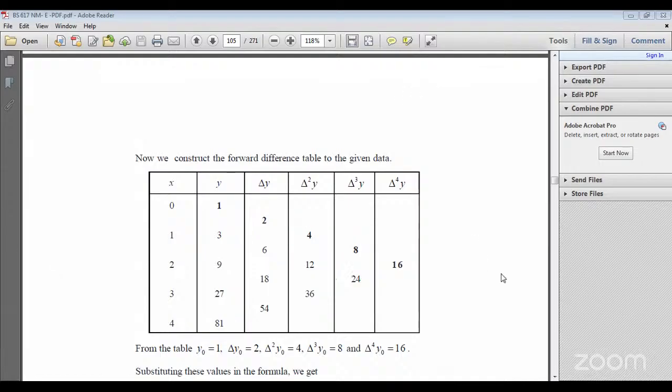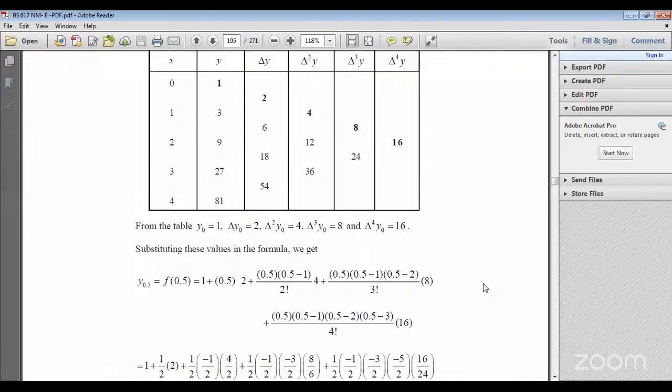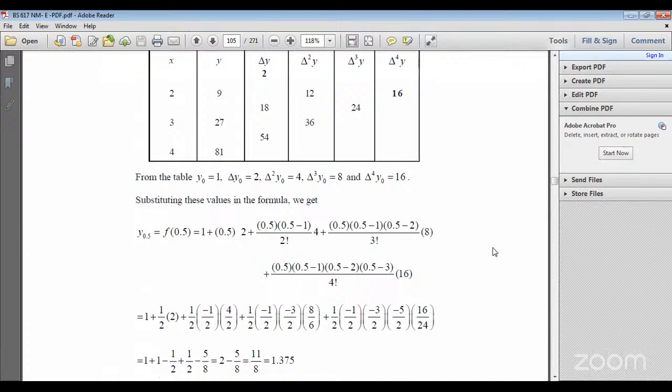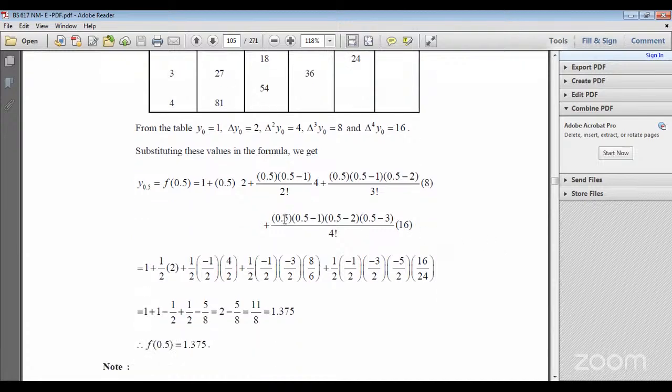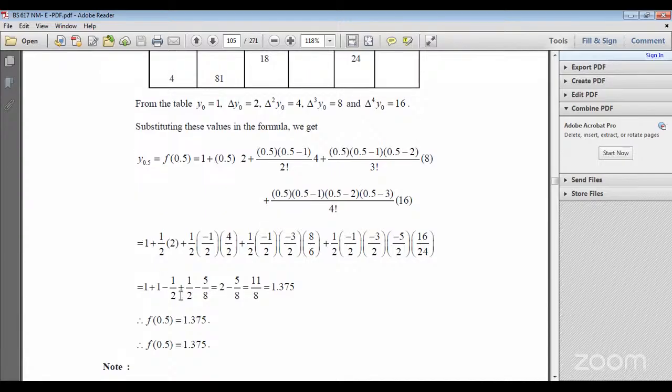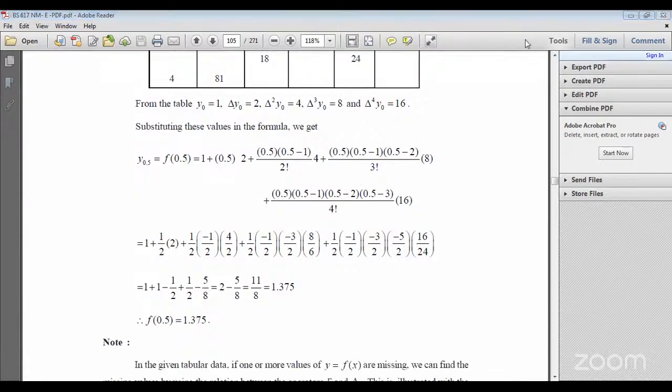So see here, del y0 is equal to del y, del 2 y0 is 4, del cube y0 is 8, del 4 y0 is equal to 16. Substituting these values in the formula 0.5, 1 plus 0.5 plus 2 into 0.5, 0.5 minus 1, 2 factorial, 0.5, 0.5 minus 1, 0.5 minus 2. 0.5 means I am taking 1 by 2 here. See here, all of you, I am taking here